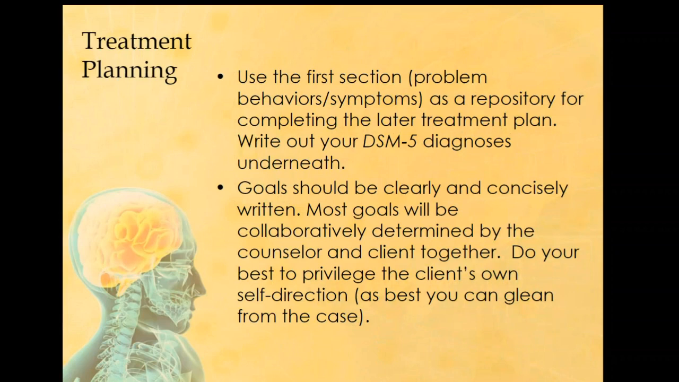And you're going to want to make sure you use that first section in the template to be a repository for that. So the next section, section 3, really is the goals for your treatment plan. And they should be written clearly and concisely. You want to have a goal A, goal B, and goal C. In general, you want to be collaboratively working with your client to determine what the treatment goals are. You want to do your best to privilege the client's own self-direction as best as you can from the case. I think it's really important to be mindful of the kinds of goals the client might have for themselves,